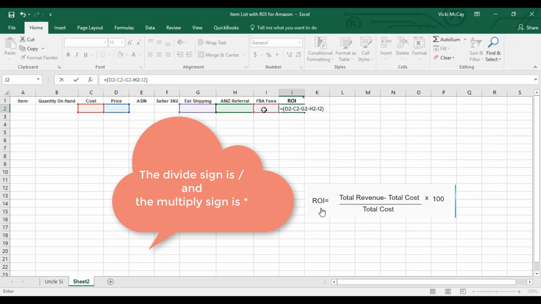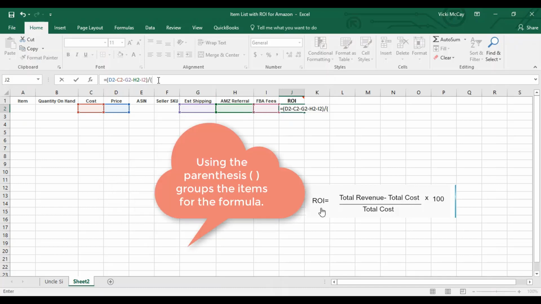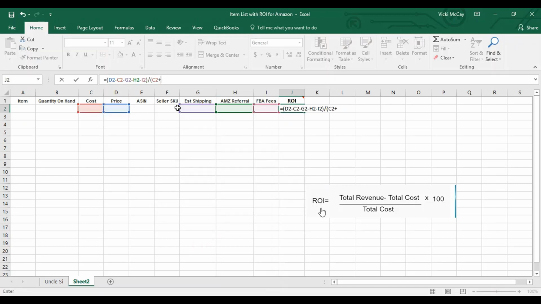And then we said we would divide that by the total of what it cost us to sell. So I'll put the parentheses again, start a new set, and we'll have the cost plus the shipping plus the referral fee plus FBA fees, and then we'll close the bracket. And in the equation that's down here in our picture from Google, we can either put an asterisk, which is the times sign in Excel, 100, and that's going to give us our percentage. But I like to use the formatting of the cells. That's in, so we'll hit enter,